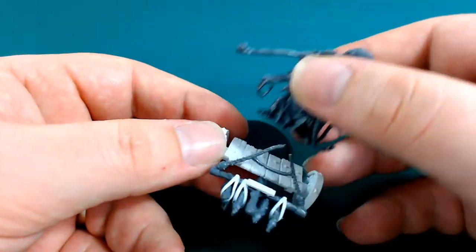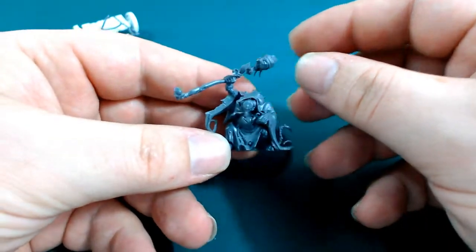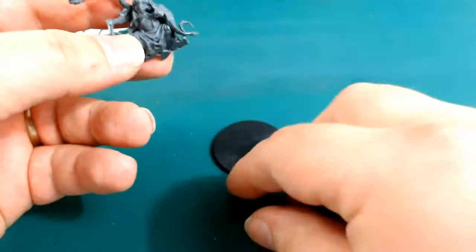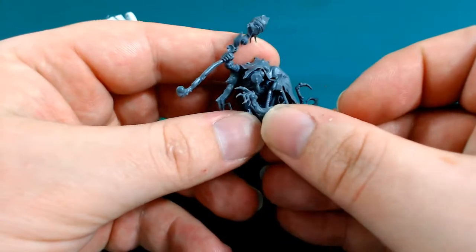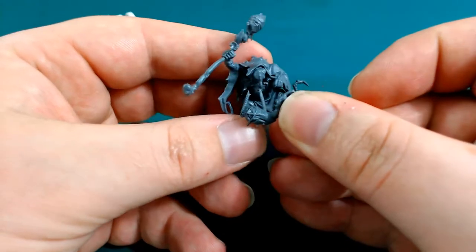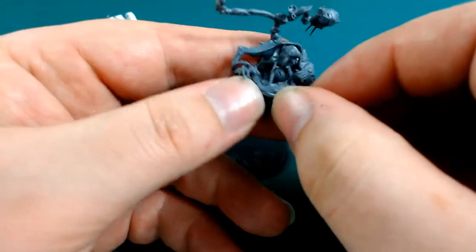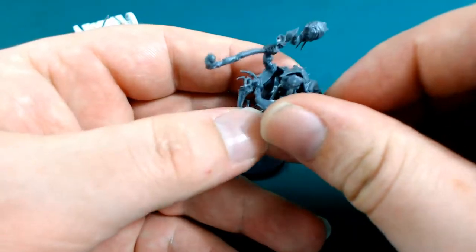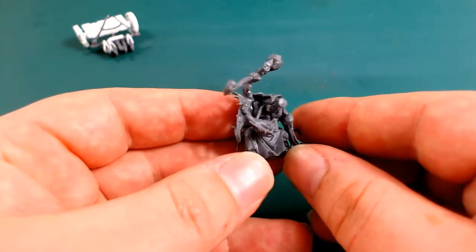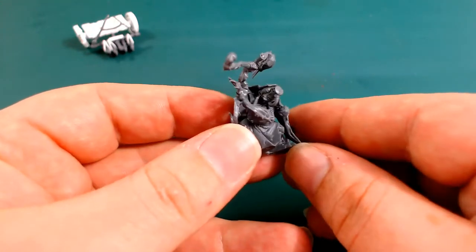Oh, there's another thing as well. Now, this guy is supposed to have the warp stone staff, which you can see here, and he's also supposed to, in fact, which I cut off, this hand here is supposed to be holding this, like, ball of disease, which is supposed to be, like, swinging backwards and forwards like that. Now, I'm thinking that for the rules, because I want him to have it as part of his rules, I'm thinking I can hang it round his neck like that, and it will still get the rules, and it actually works beautifully in terms of fitting in with the model,